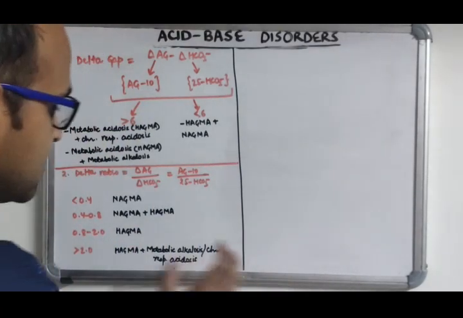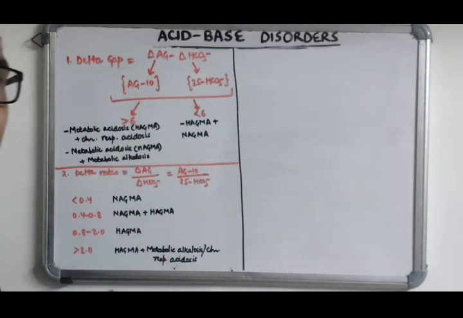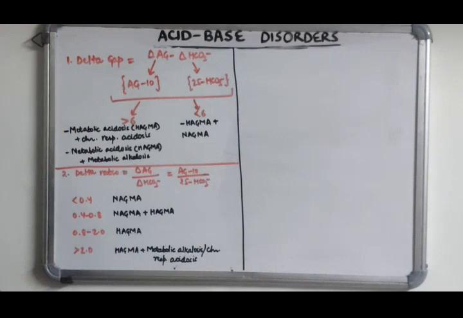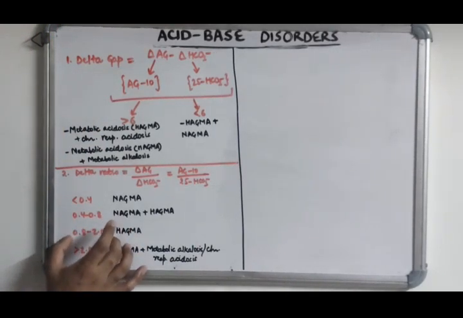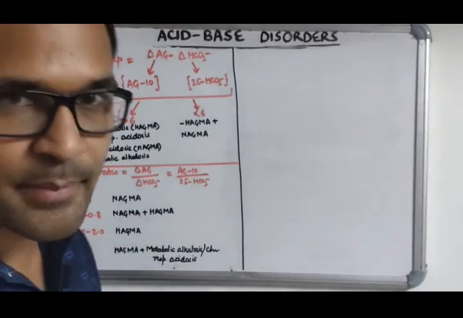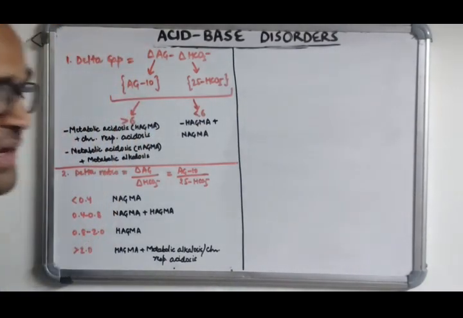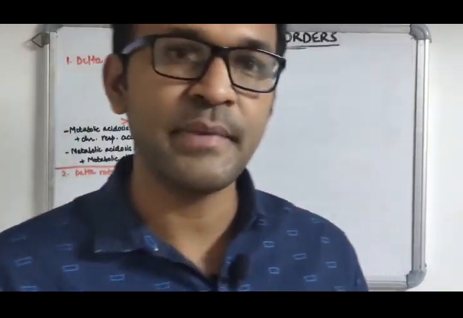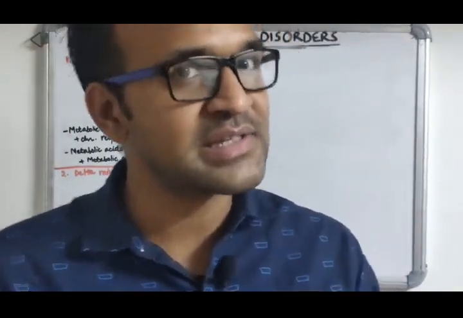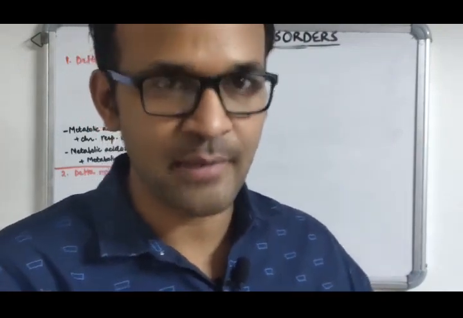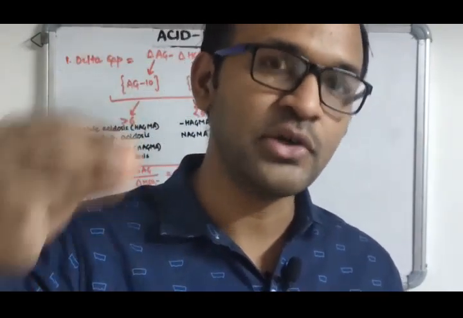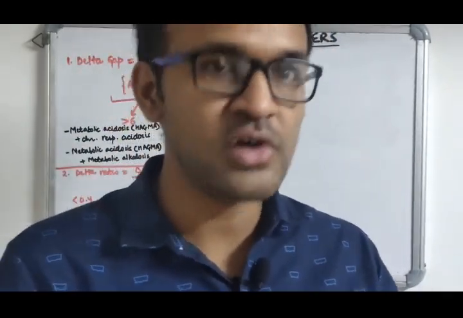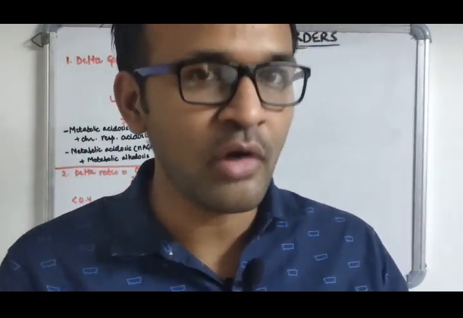Similarly for metabolic alkalosis also, right? I have told you that the pre-existing bicarbonate level will increase. Okay, so this is about it. Now if somebody is having 0.8 to 2, then you are dealing with pure high anion gap metabolic acidosis. Usually in pure high anion gap metabolic acidosis, the fall in bicarbonate is expected to be at a similar rate as that of anion gap. Okay, the bicarbonate is expected to fall at a similar rate as the anion gap rises. So this ratio should be equal to 1, because one molecule of acid anion combines with one molecule of bicarbonate.